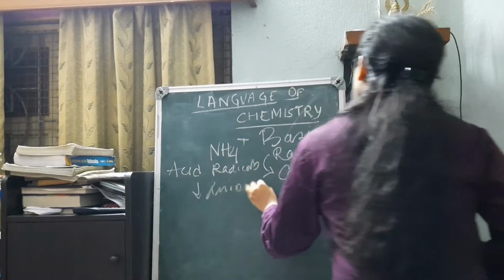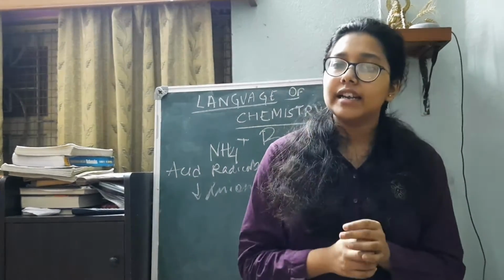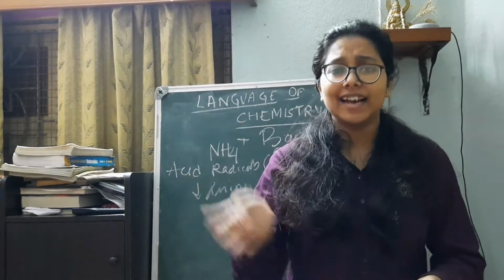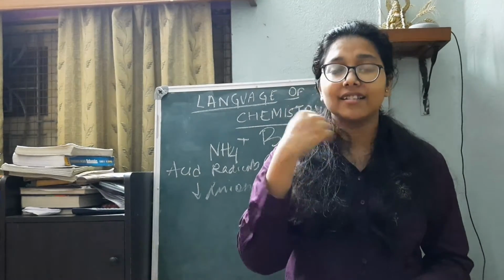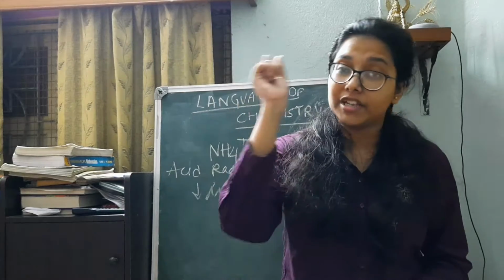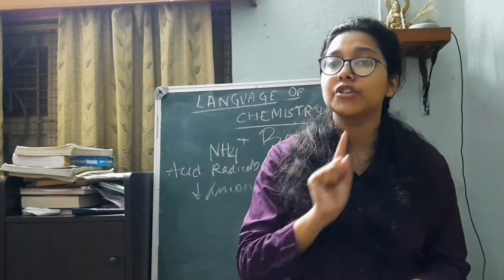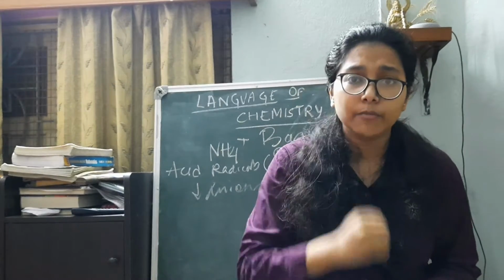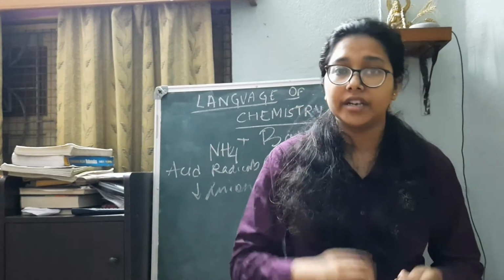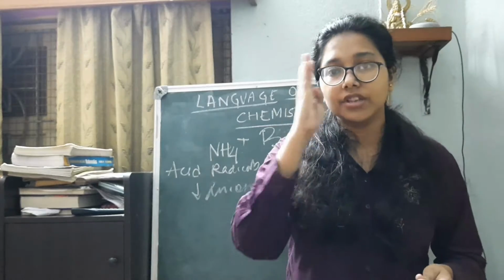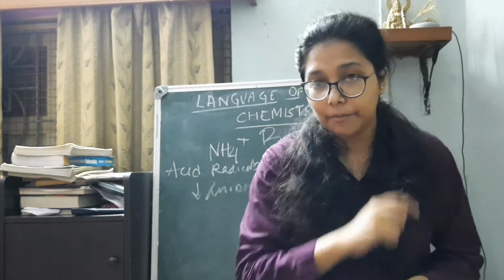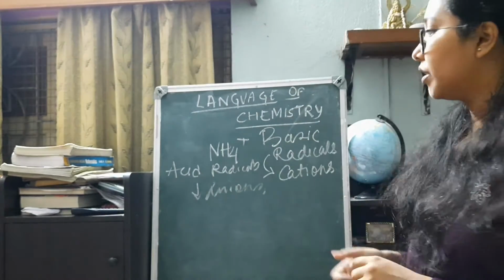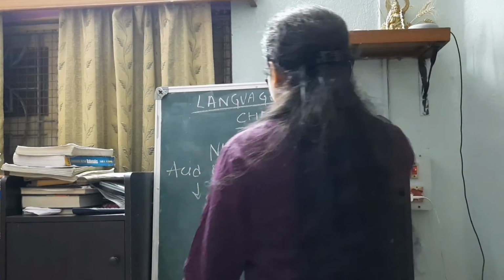Now in certain cases you must know the monovalent cations, the monovalent anions, the divalent cations. In this way there may be certain things which are given in your textbook. I am again repeating, you must know them. That is zincate, plumbite, carbonate, bicarbonate, and all these things. Okay, so this is something which you have to remember. Now moving forward to the next important part.